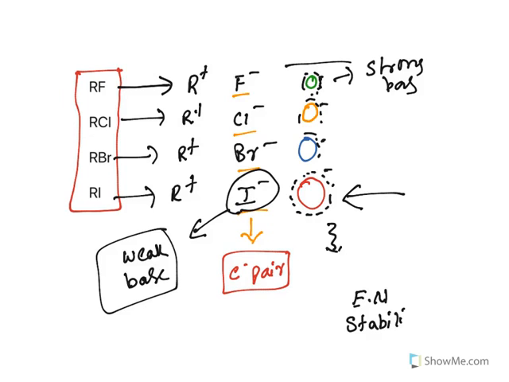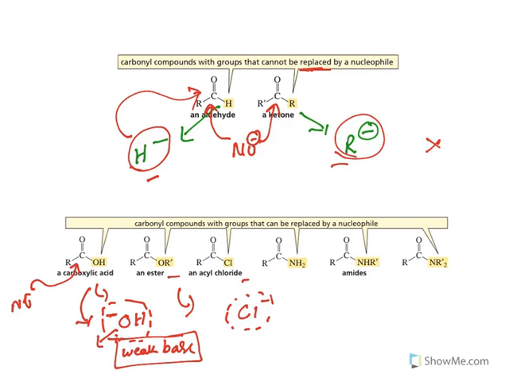Now see the pattern in the periodic table. In halogens, when you are coming down the group, what happens? The radius increases and the basicity decreases. So this is the concept. It is based on atomic radius and everything. I'll repeat this again. The electrons cannot be easily spread over this small atom, hence they are very reactive. Whereas in the case of iodine, they can easily spread over this entire iodine, so they will be stabilized and they become a weak base.